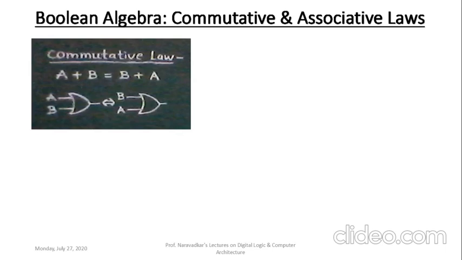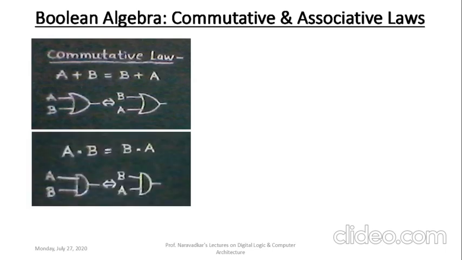It means that commutative law clearly states that in case of OR gate, whatever inputs applied, if you change their corresponding sequences, then the output does not change. This is what the commutative law clearly states here. Now the next commutative law we can rewrite from this. This was applicable for the OR gate. The next one is applicable for the AND gate, and this is by using the concept of duality.